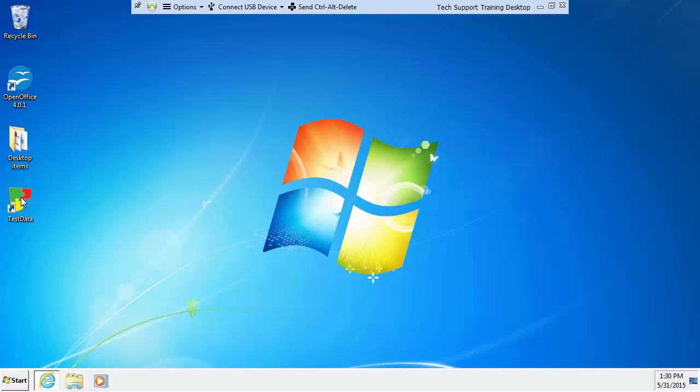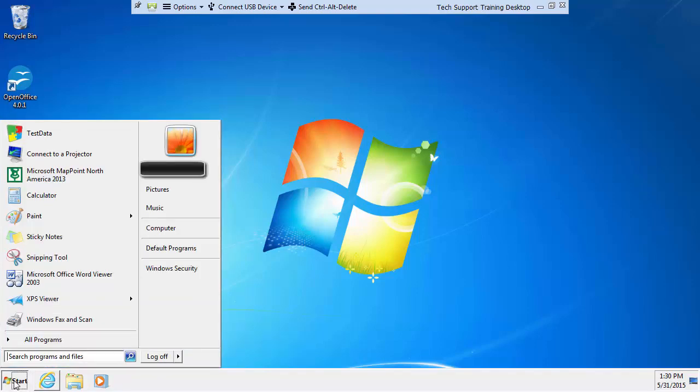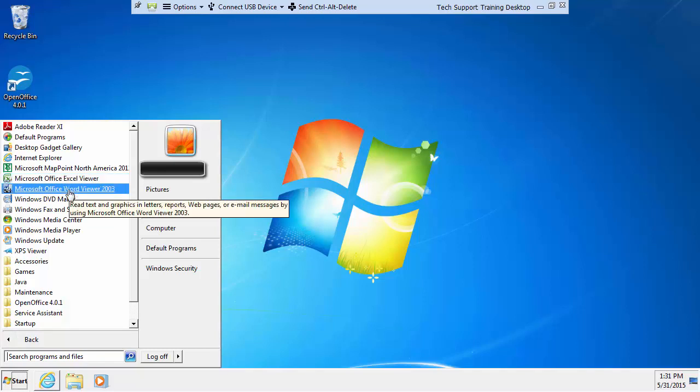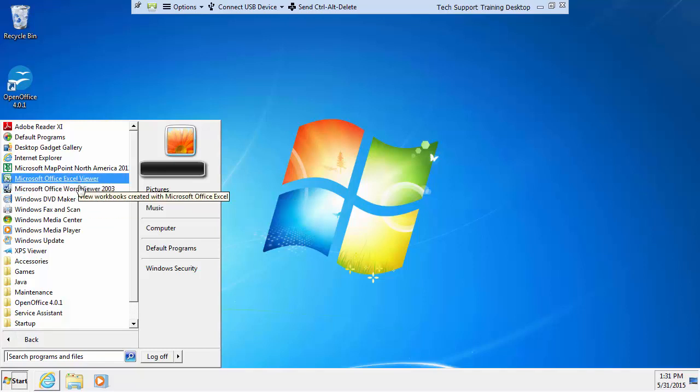Okay, if you want to run Service Assistant, just double click the icon. It's going to open up the login screen. You log in, do everything else. There is a Microsoft Word viewer as well as a Microsoft Excel viewer. Our hosted environment, because it's for testing and stuff, we do have a full version of MapPoint, so we could have done testing there. But now pretty much everyone's flipping over to ALKs because ALK maps are a lot better because they're more up to date, and at least in my opinion, they look a little nicer and stuff like that. But like I said, we do have an Excel viewer and a Word viewer, which will allow you to look at